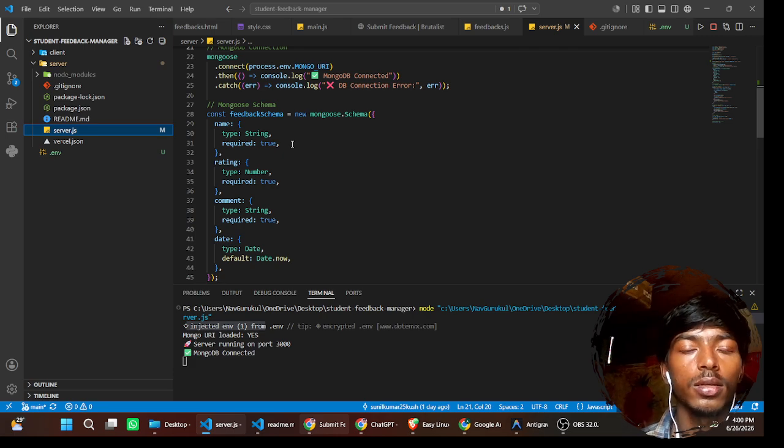What is schema? Schema is what we use to tell our database what kind of data we are going to store in it. That's called schema. If we don't create a schema, suppose I don't create any schema, and I need student data,